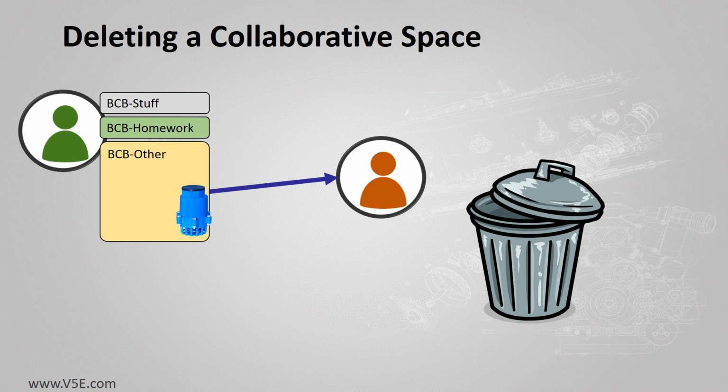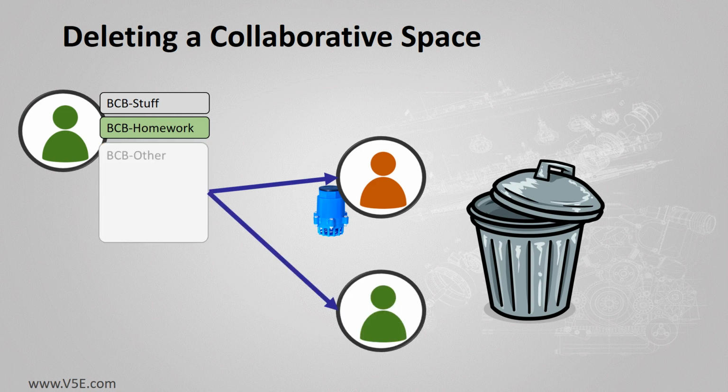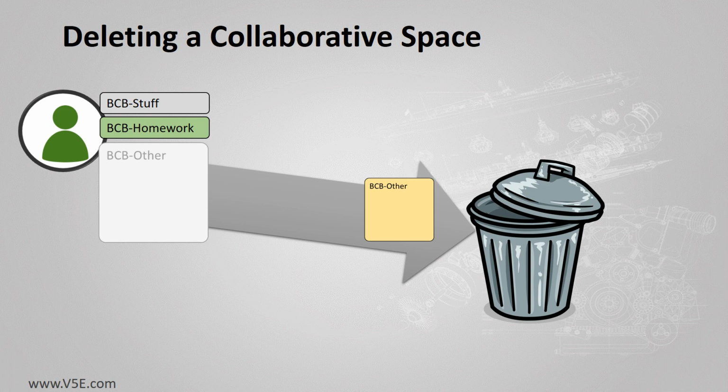Well, sometimes if you have a lot of people with a lot of parts in your collaborative space and people away on vacations, this may take a bit of work. But you do ask them to remove their stuff, and they do. Now, in addition to having everything out of your space, you have to delete all the members from your space. That's very easy to do. You go to the Collaborative Space app, and it's very easy to just remove members. So now that it's empty and it has no members, now you can delete it.